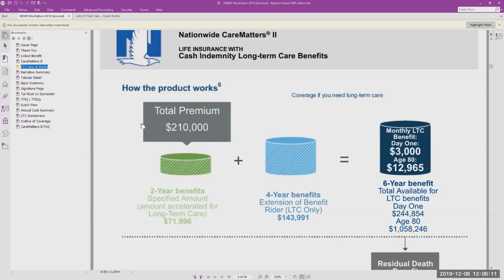This policy is primarily designed for LTC. The death benefit component is secondary, so we want to be able to use more of your client's money for purchasing LTC, and the structure of the policy helps us to do that. Your clients will purchase a small death benefit that gets